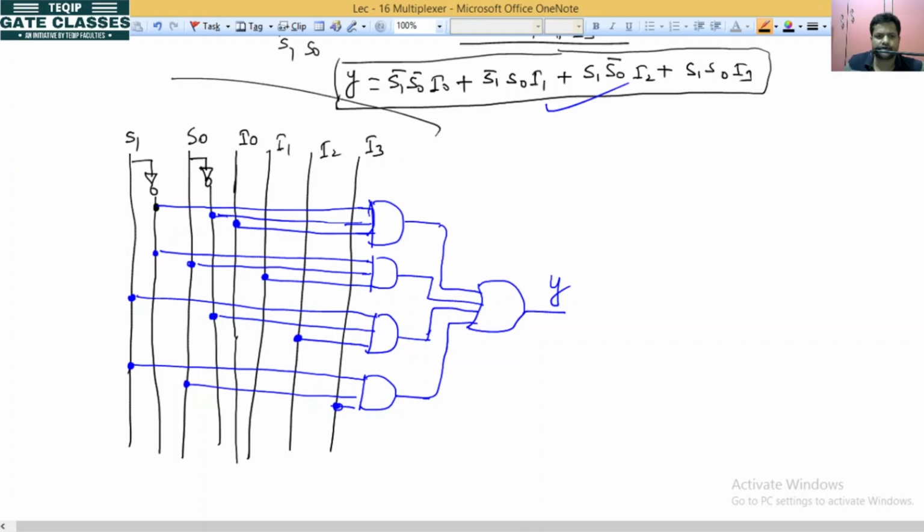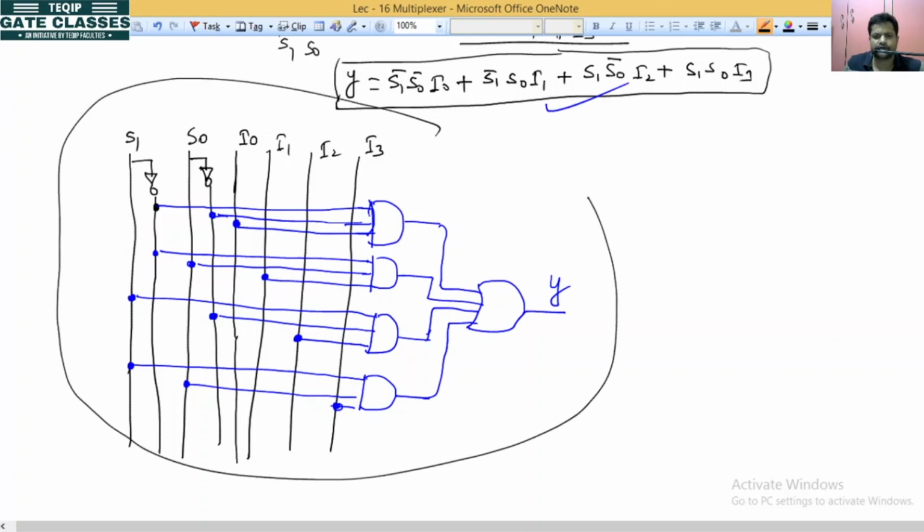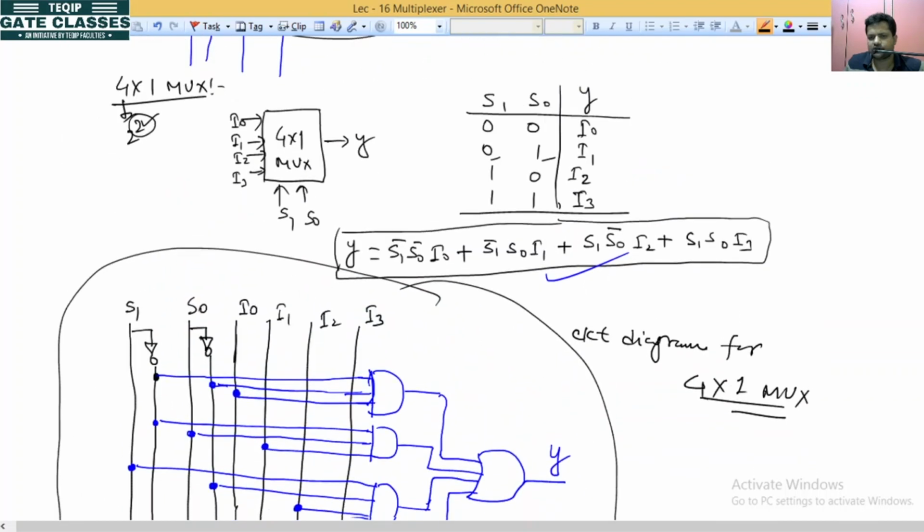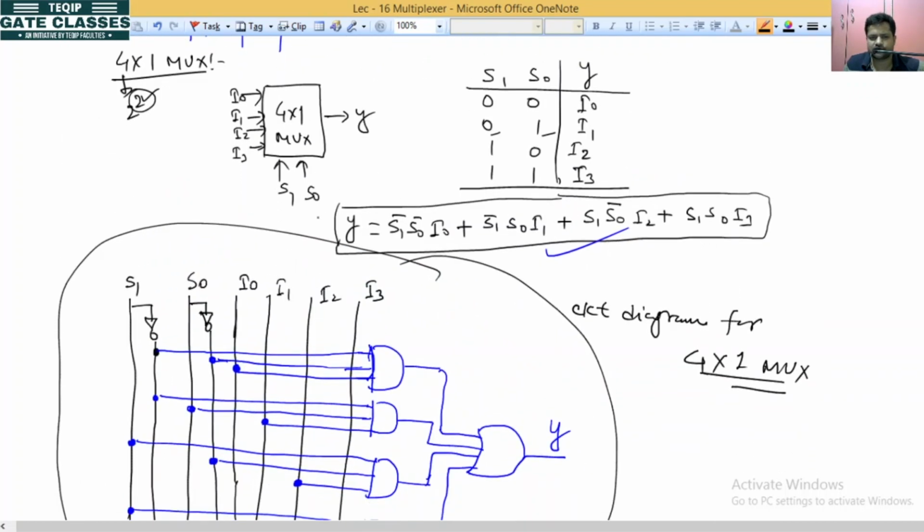This is our circuit diagram for 4x1 mux. Okay? So always remember this one. These functions that we are writing are very important, you have to do all your work with them. Okay,